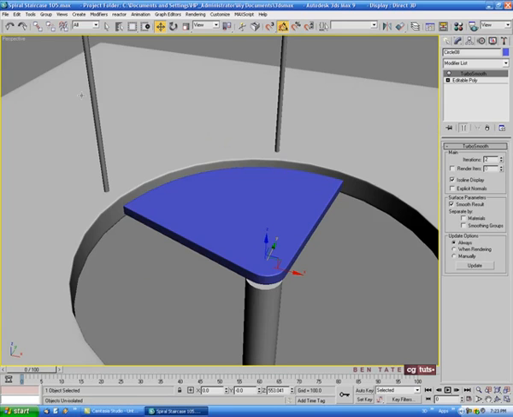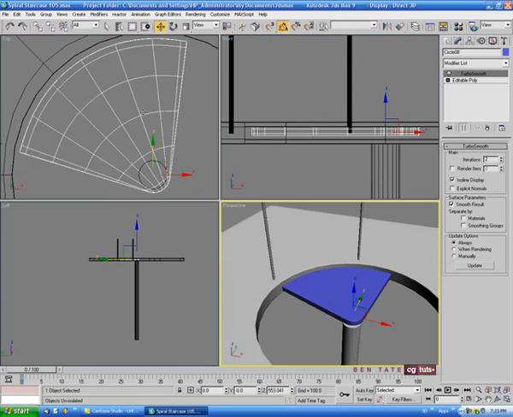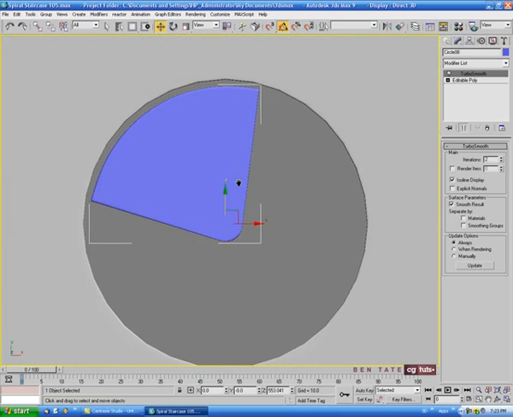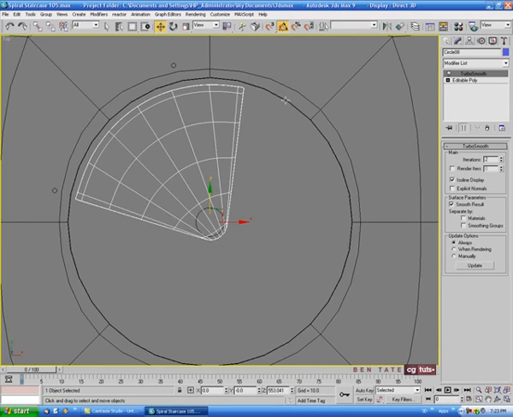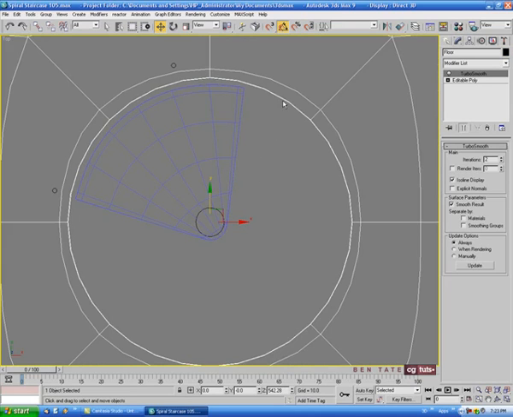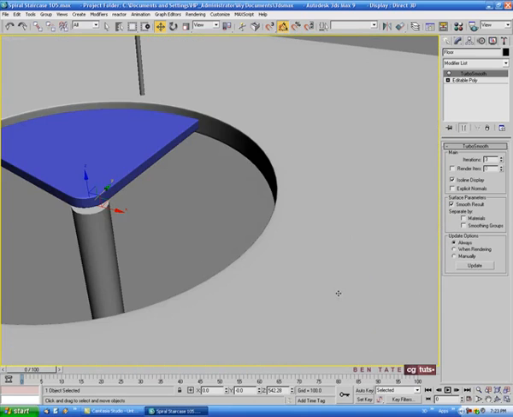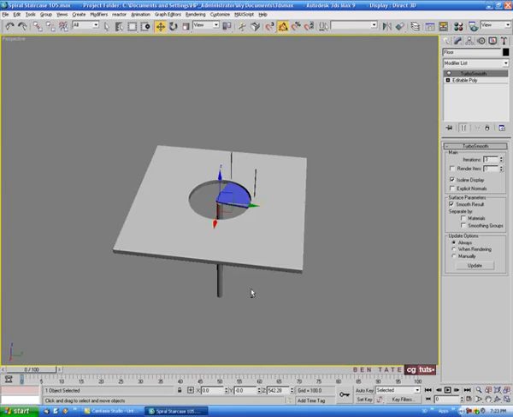So let's exit isolation mode here, and we'll see if this is lining up properly. Okay, and you can see our floor hole here looks a little jaggy on the edge, so let's actually put a 3rd iteration on there, right, just to smooth it out a bit better. Okay,